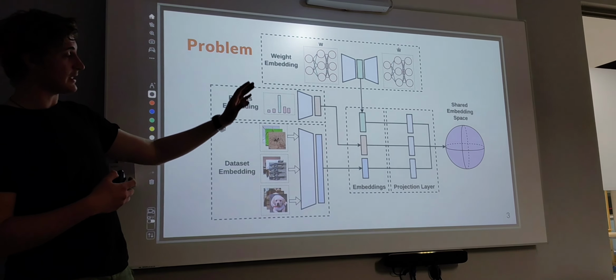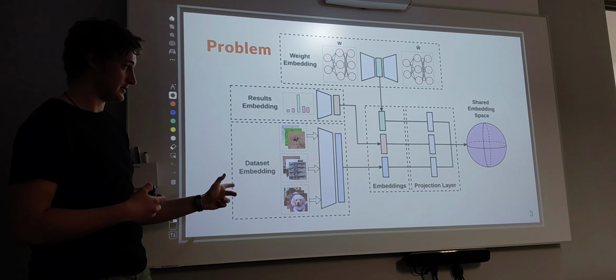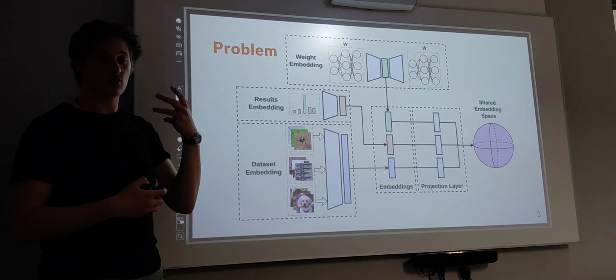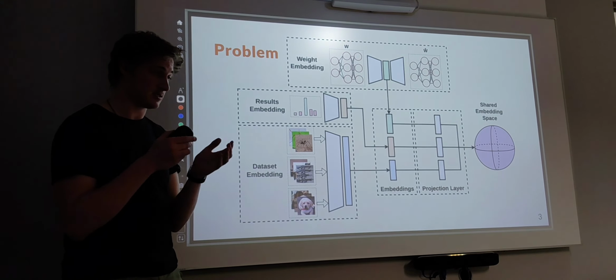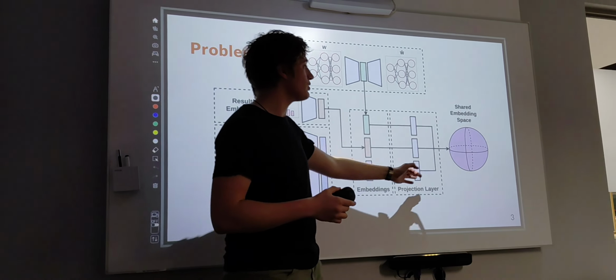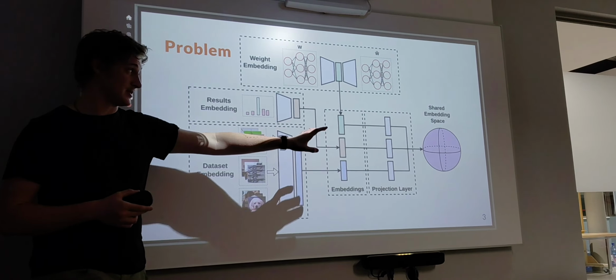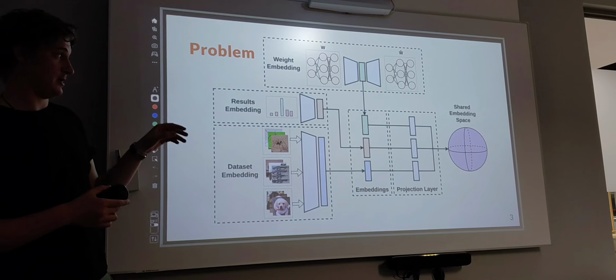Now, given these three embeddings of the weights, the results, and the data set, we make use of contrastive learning to bring the points that are similar to each other closer and those that are dissimilar further apart into a shared embedding space. The benefit of having a shared embedding space is